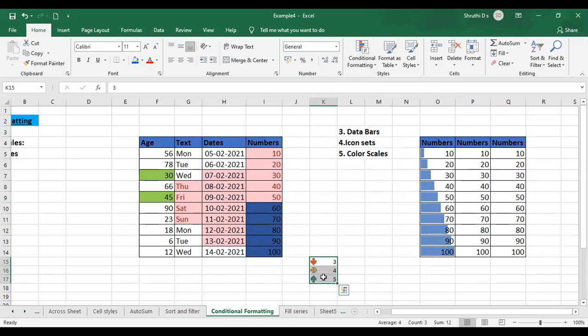Now here, whatever the directional one I have selected, just think that I have selected the directional signal. See here, 3 has the down arrow because it is below the average, right? Average is 4, 3 is below the average, so that is why the direction is downwards. And 4, the average, is at the mid level. And you have the 5 value which is above the average, that is why it is showing you this upward directional arrow mark. Like this you can apply the icon sets.